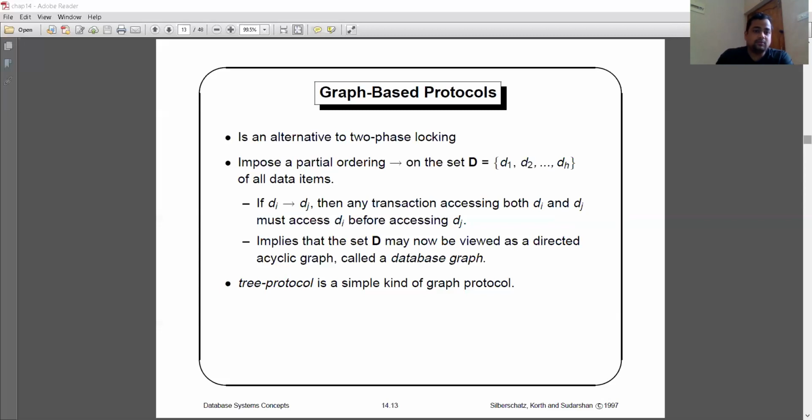Two transactions will be there, one is T1 and another one is T2. T1 puts a write lock on data item A. That means the data item A is associated with transaction T1. At the same time, B is associated with transaction T2. T2 will put a write lock on data item B. So A is associated with T1, B is associated with T2, and both hold an exclusive lock. You can perform both read operation as well as write operation.